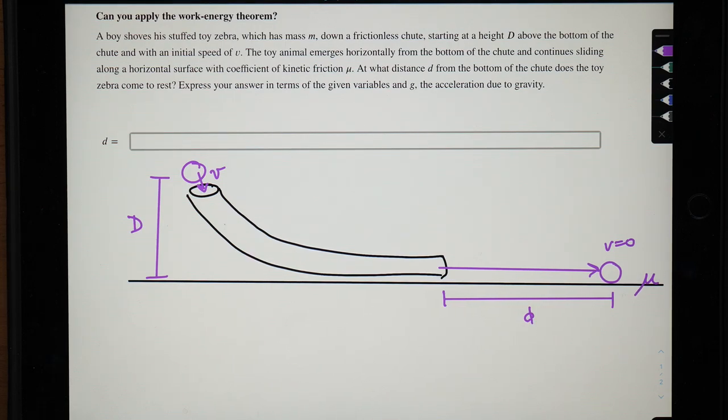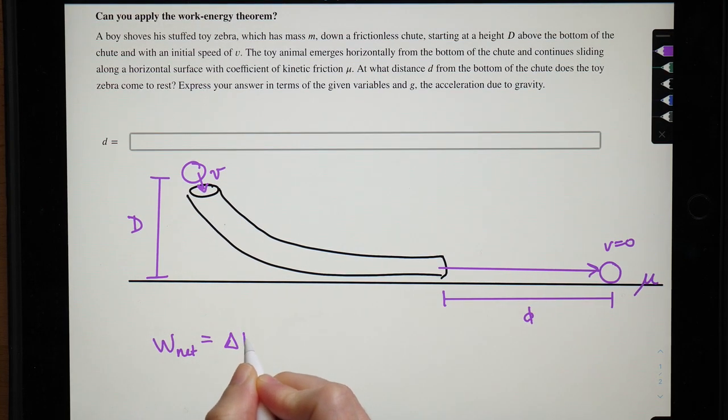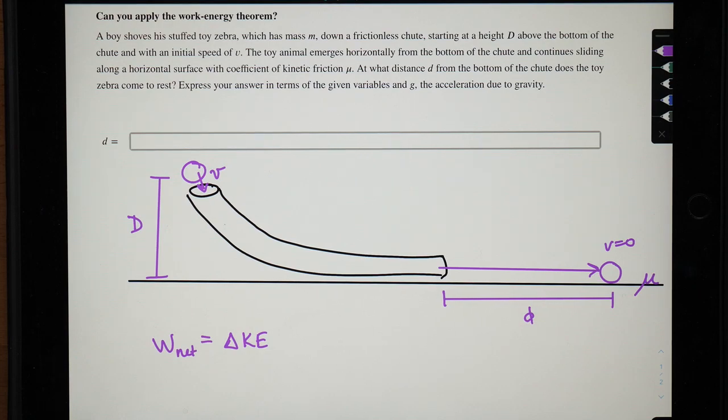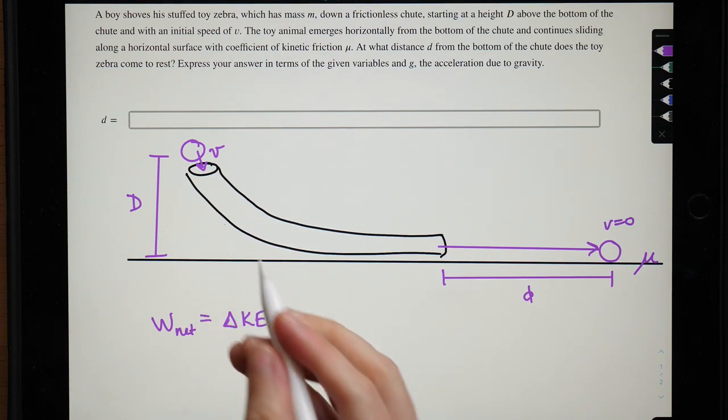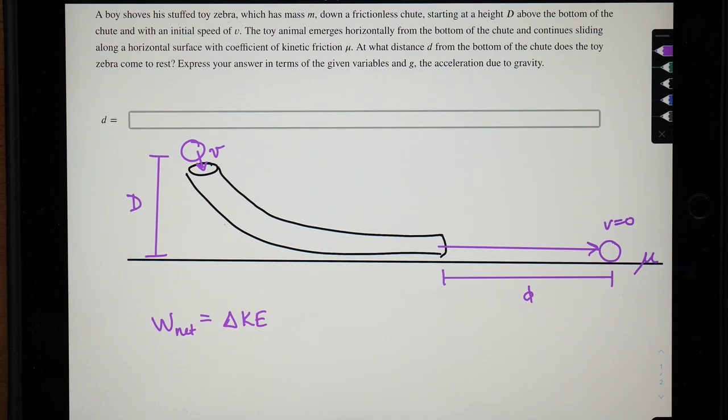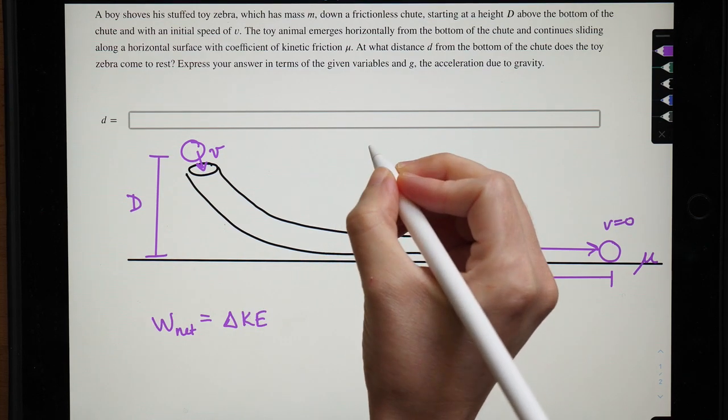So the work-kinetic energy theorem tells us that the net work done on an object is the change in that object's kinetic energy. Okay, so how do we find the net work? Well, the net work is the sum of the works done by each force that acts on the object. So what forces exist in this situation? Well, gravity